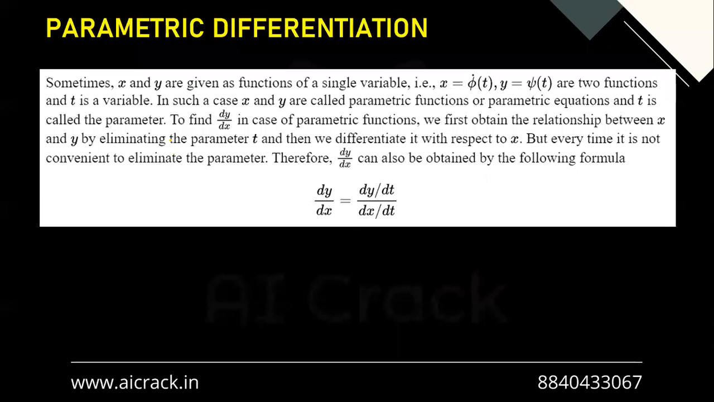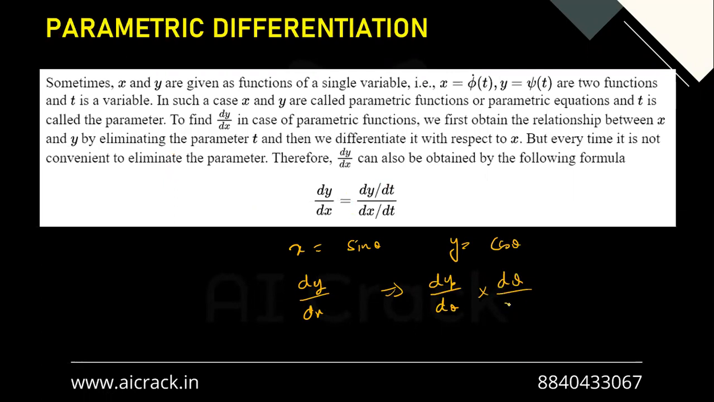Now let's talk about parametric differentiation. So what happens is sometimes they'll be giving you x and y in terms of another parameter. Let's say we have been given x equals sine theta and y equals cos theta, but they ask dy by dx. Now many people think why this format is working. We have to calculate dy by dx, and which will eventually be written as dy by d theta into d theta by dx. This is how it's going to be written. But why are we doing that? Because,